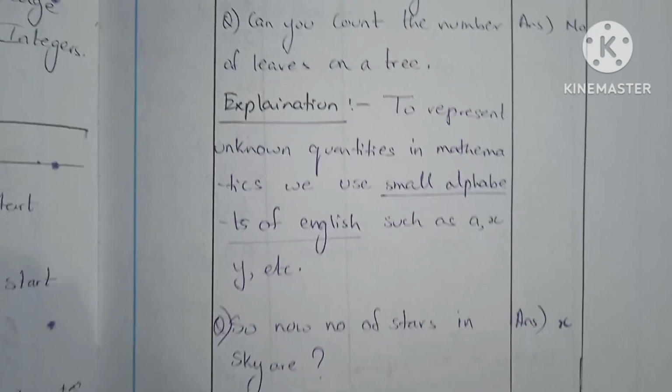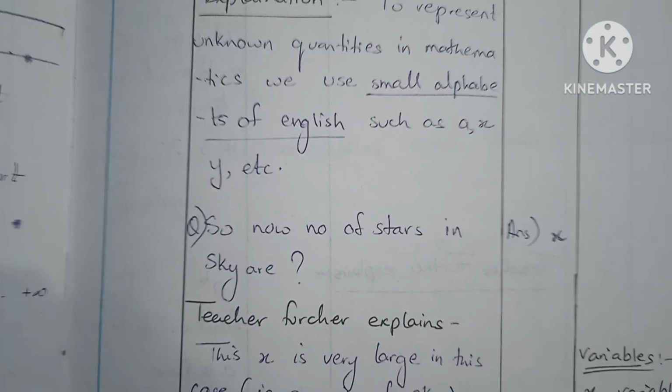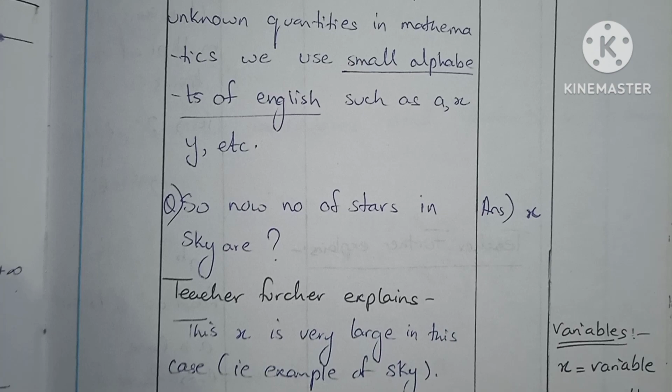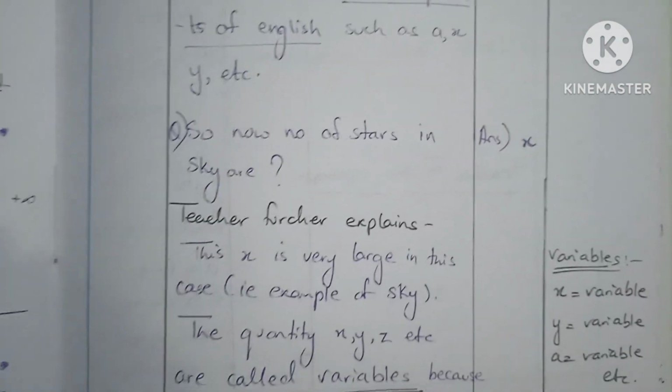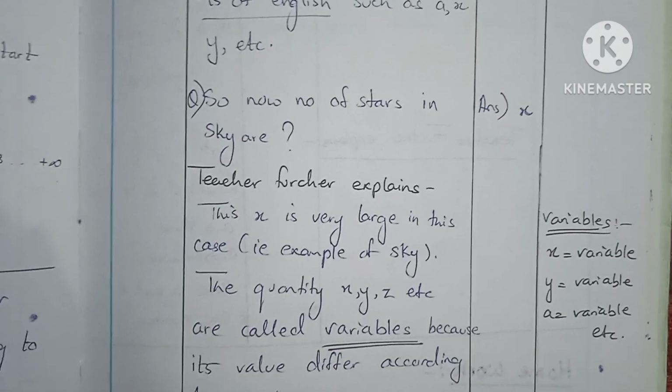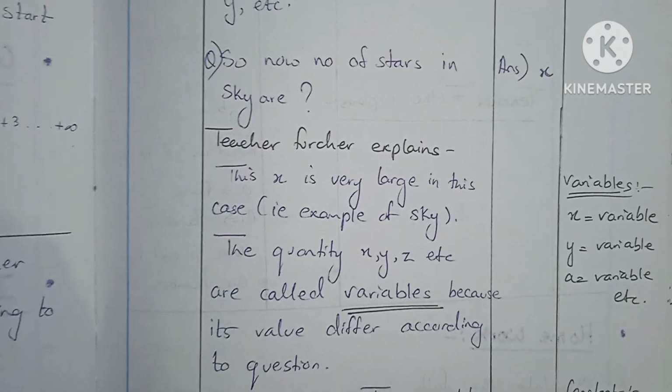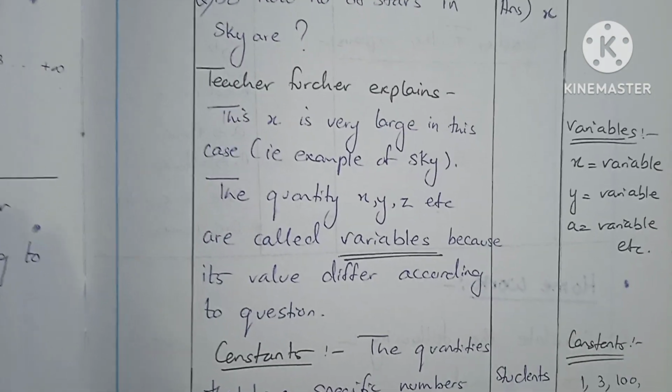That is, one which we do not know. So she again asked the children how many stars are there in the sky, and they say there are x numbers of stars in the sky. The teacher further explains them that